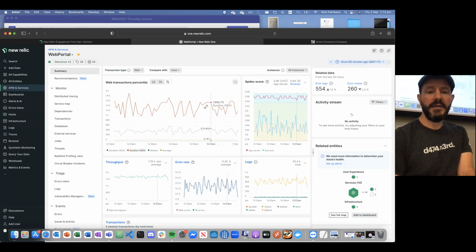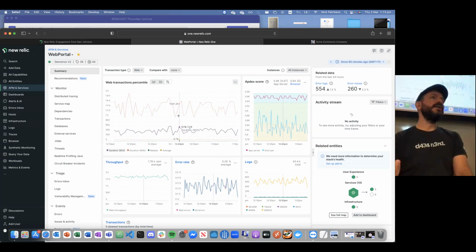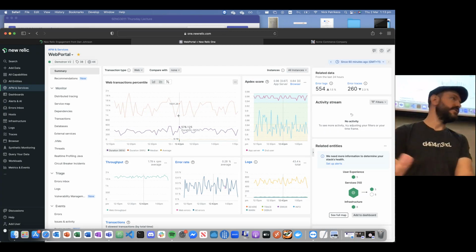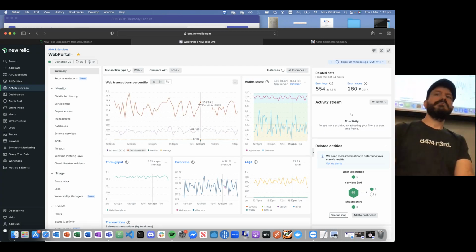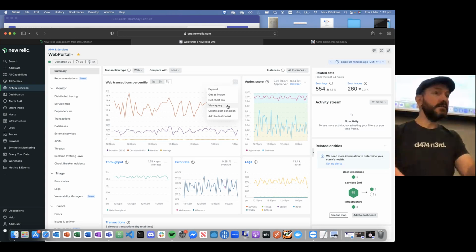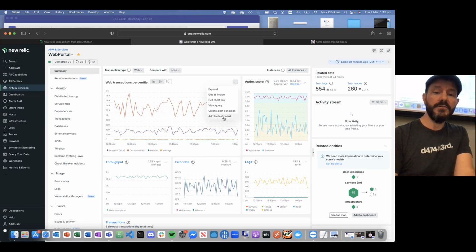Maybe it's useful, but it's showing me the 99th, the 95th, and the 50th, and perhaps I want the 75th, and it's not on there. You can always come in and actually view the query itself, and see how it got that data. That would then allow you to go in and edit it. So if I go view the query,